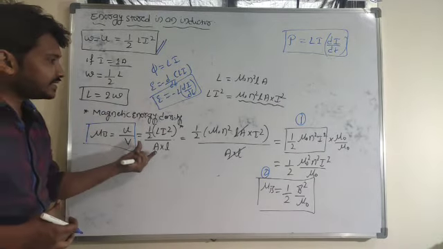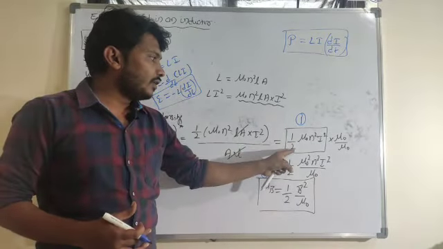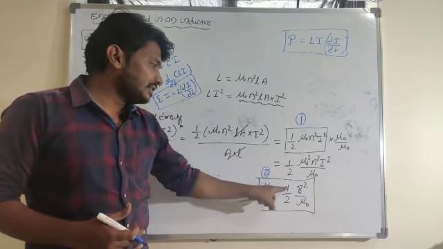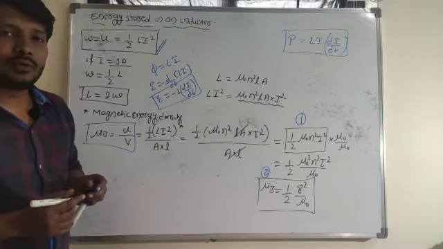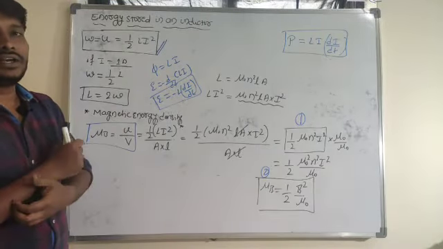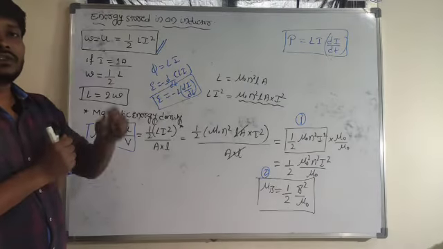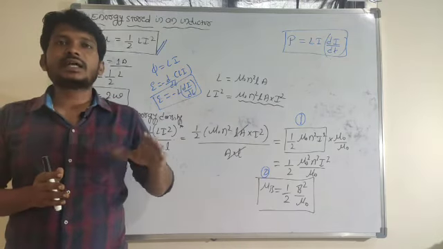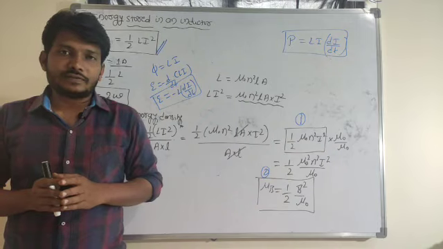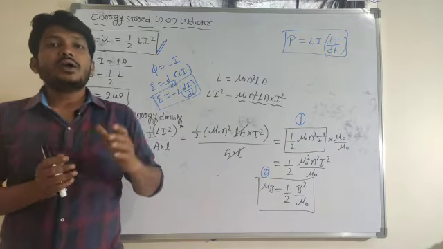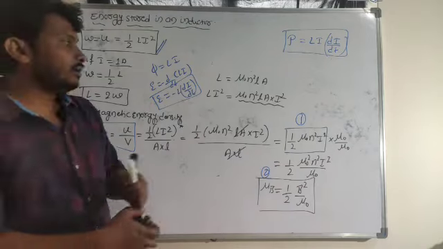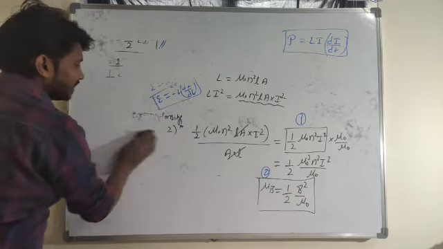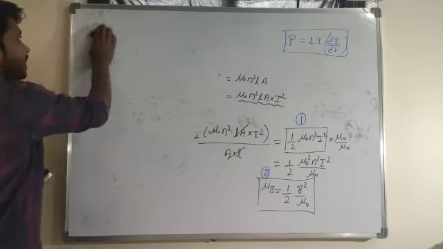So magnetic energy density I can rewrite in another form: half of mu naught n square into I square, or magnetic energy density is half of B square divided by mu naught here. So now in case of self inductance, I can consider a solenoid here. If these coils are connected in series combination, what is the effective coefficient of self inductance? If these two coils are connected in parallel, what is the value of effective self inductance I need to consider here? So I will consider coils in series combination and coils in parallel combination.